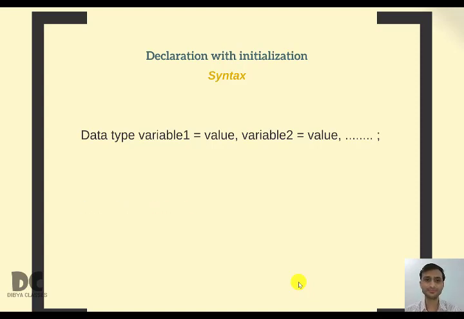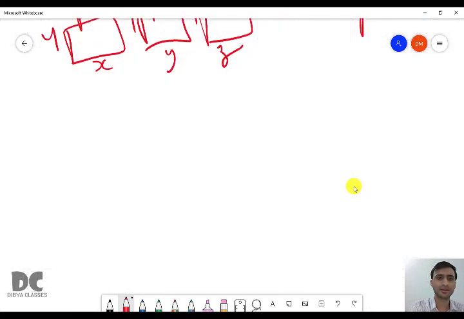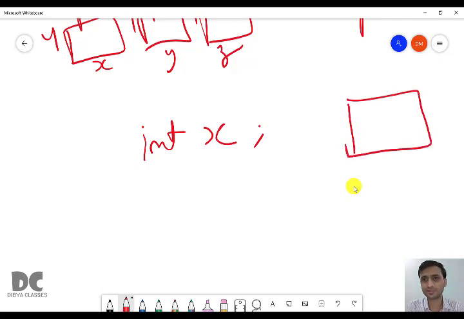Okay. So when we wrote int x, it only created a variable with name x and told that it can store int type values of size 4 bytes. Now we want to store a value. To store a value, you have to use an equal to sign.